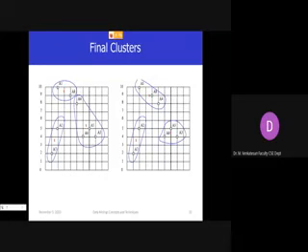In iteration 3, what will happen? Now cluster 1 has 2 objects, earlier it had only 1 object, so the centroid of the cluster will change. You have to take the mean of (A1 plus A8) by 2, so you will get a new centroid here. Even in cluster 2, earlier we had 5 objects, now we have 4 objects, so you have to take a new centroid of cluster 2. For cluster 3, there is no change, so no need to compute the new centroid. Then find the distance between the centroid of each cluster and all the data points.